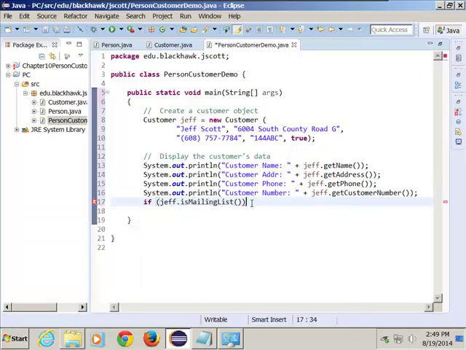What does that mean? If it's true. Yeah. No, technically it's if it's true. So in other words, if it's set to true. If I did a not in there, it would be set to false. All right. So if it is mailing list,